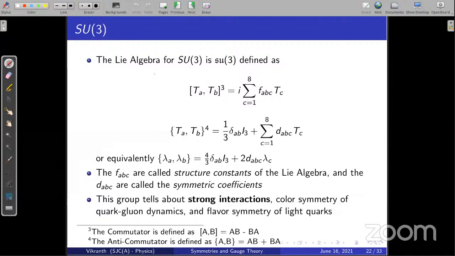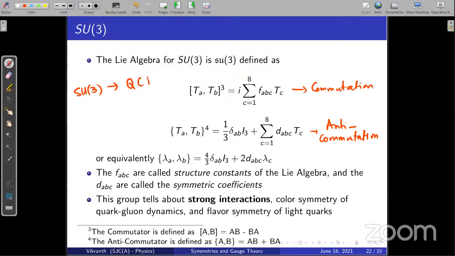You can again represent a Lie algebra, a commutation relation, but one thing special. So this is a commutation relation for matrices. If you've studied a little bit of higher linear algebra, you would know what commutation relations are. But what's special about SU3 is it also has an anti-commutation. And the whole point of all of this, the fact that we're discussing commutation, anti-commutation, and 8 matrices, all that tells us is that the SU3 group